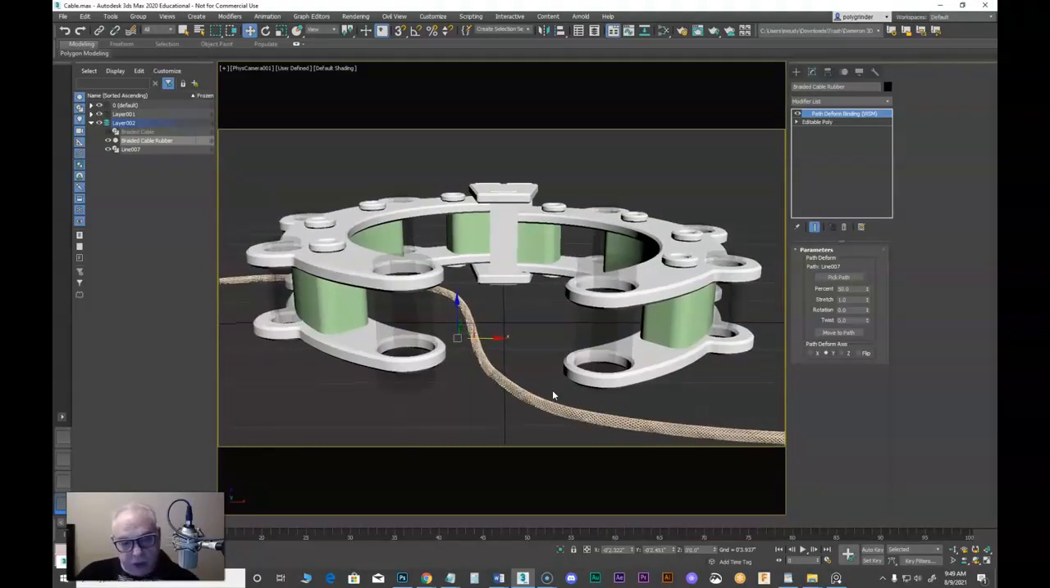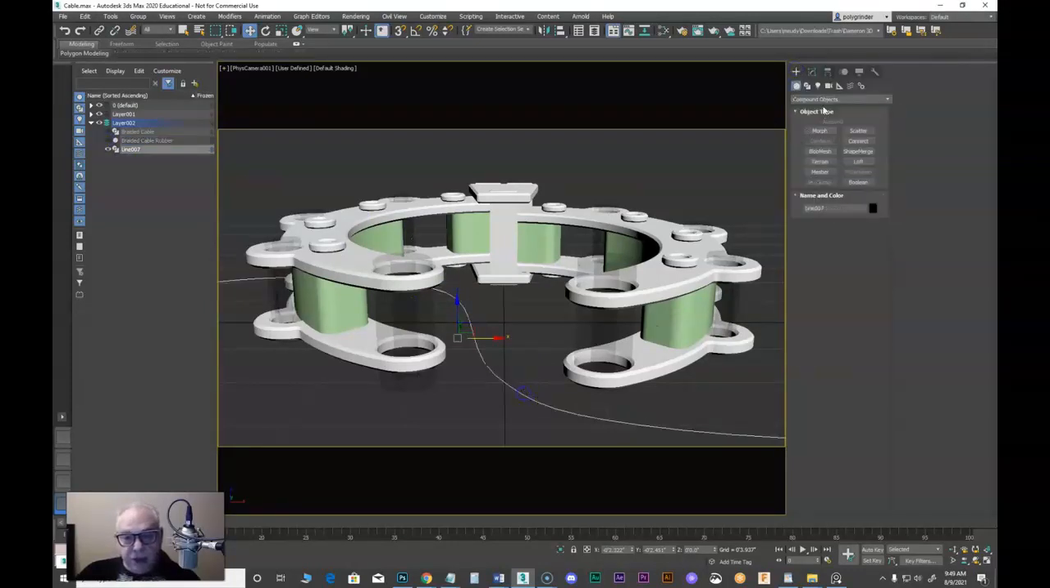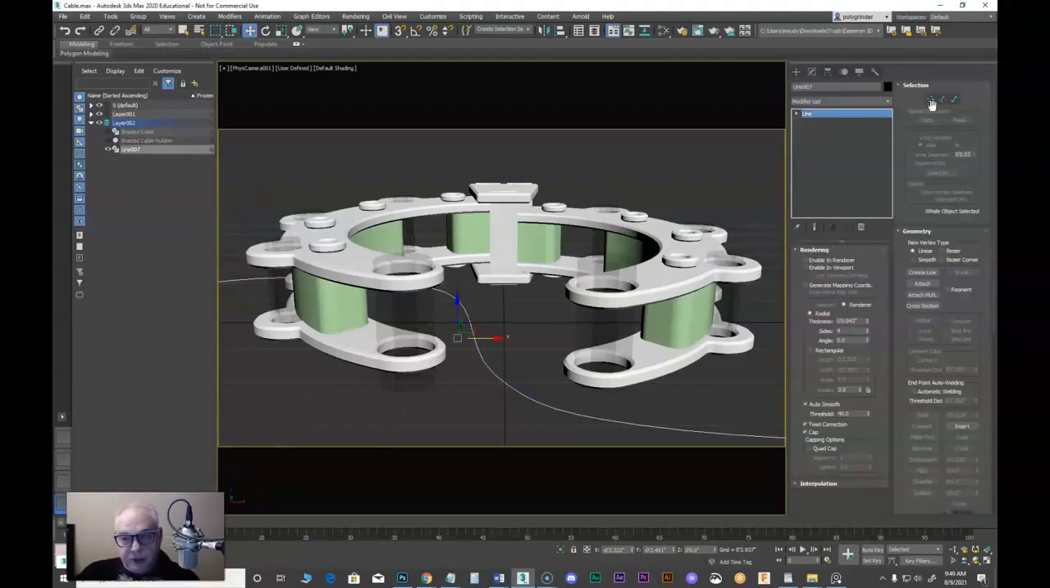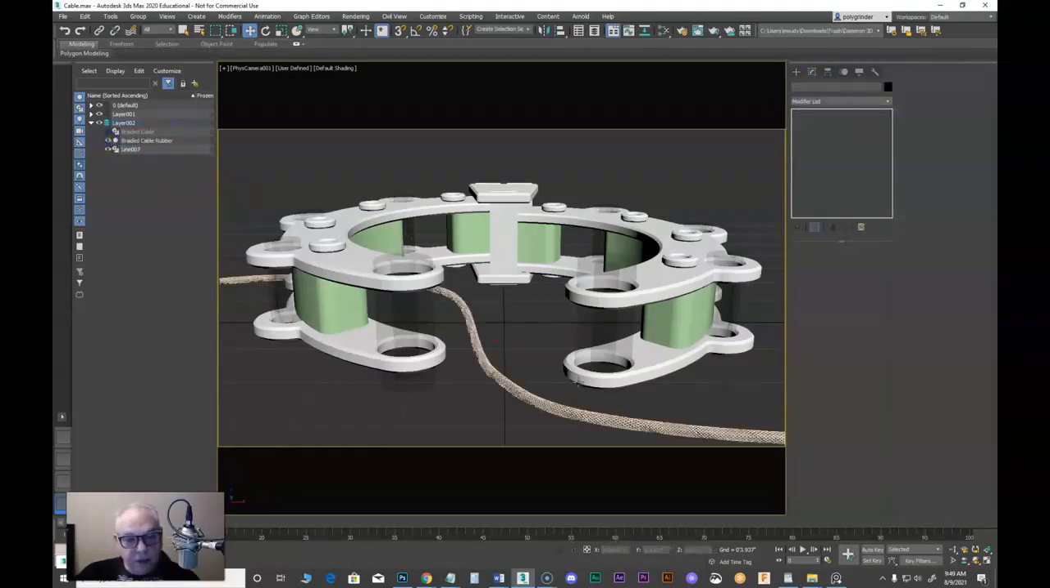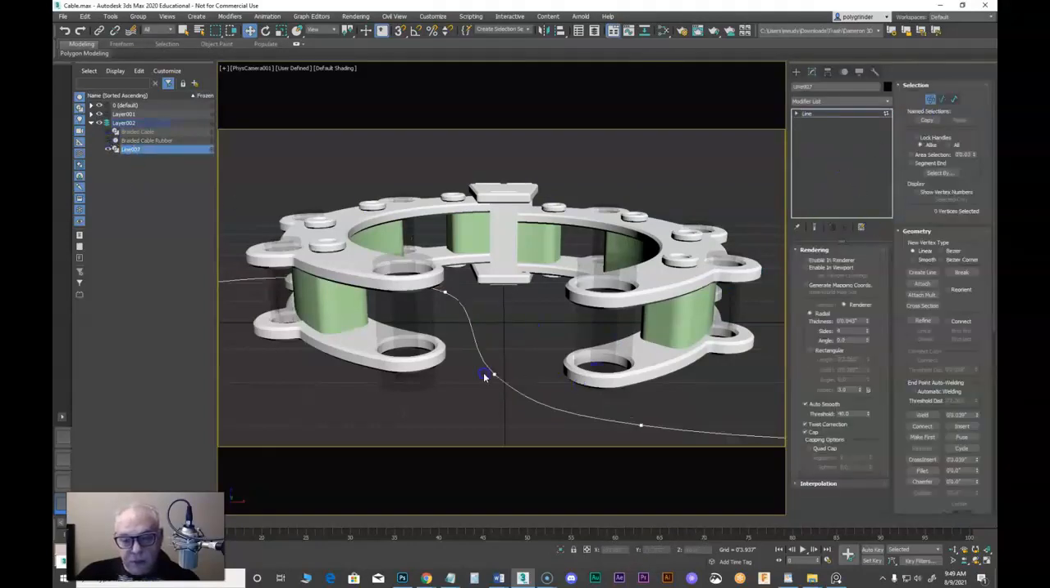Now, if I want to move the cable, so I want the cable to be in a different direction, I move the original line that it's on because it's got construction history on this. So as I move this line, so if I grab this point,